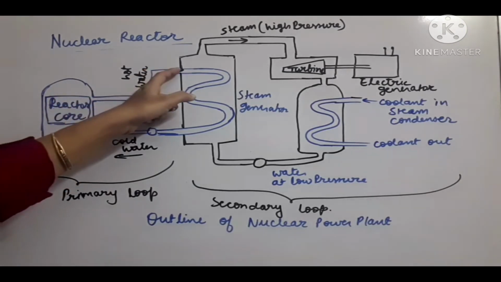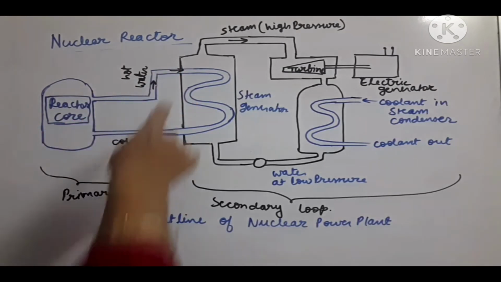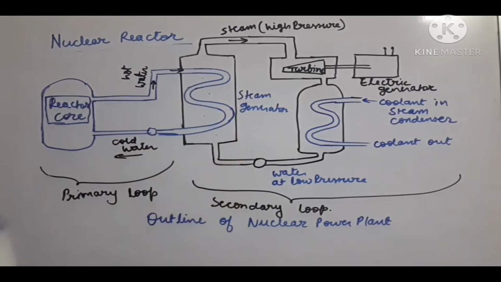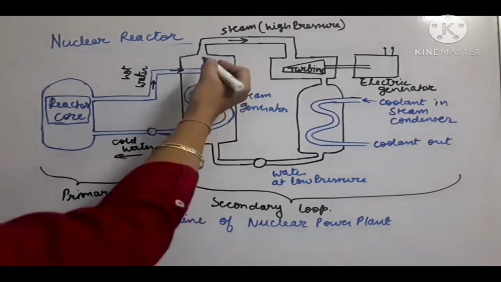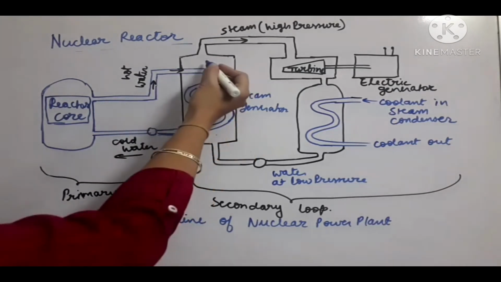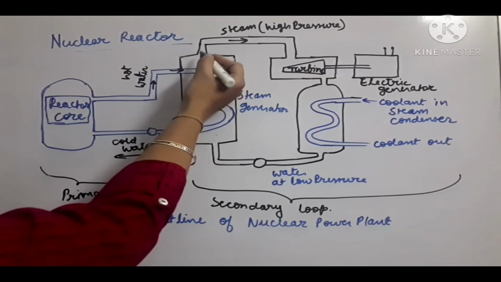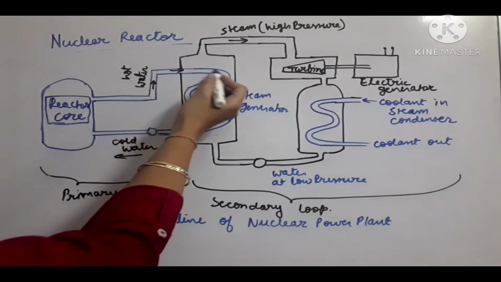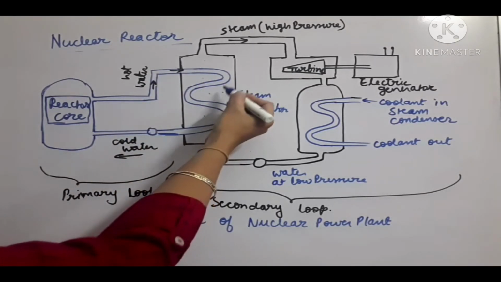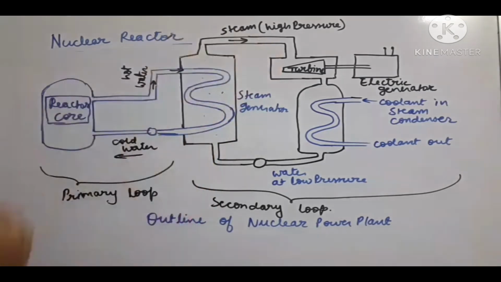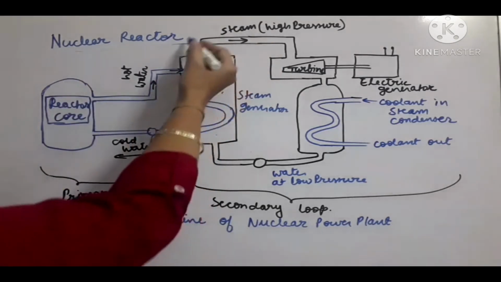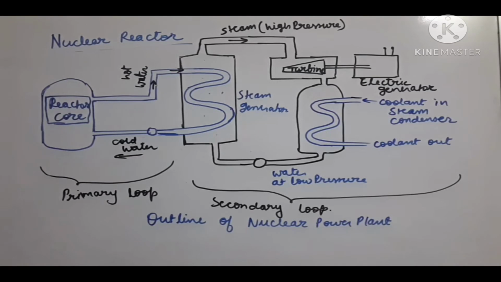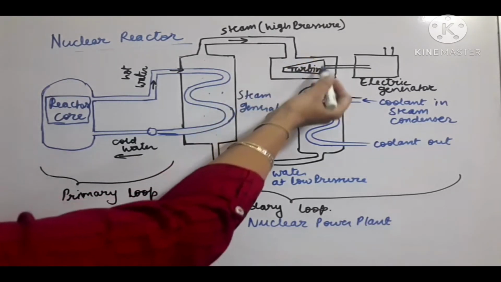Then water is allowed to fall to this part. Now here, the hot water is coming, and in this part, everywhere the water is again filled. Due to this hot water flowing, the water which is filled outside will get converted to steam. So this part is called the steam generator. Using the hot water flow, the water outside gets converted to steam and the steam flows upwards. Now this steam at high pressure is allowed to come to the turbine blades. This steam's purpose is to run the turbine blades.